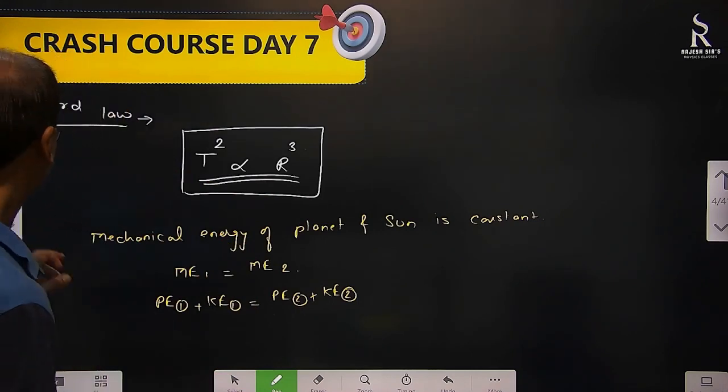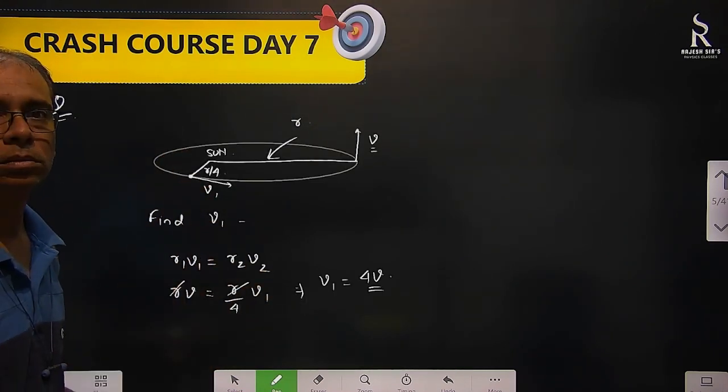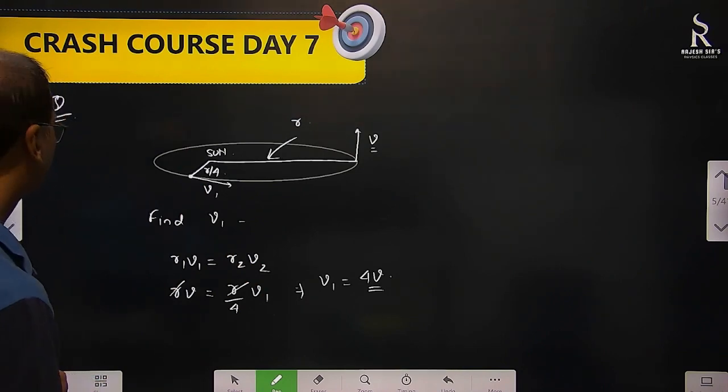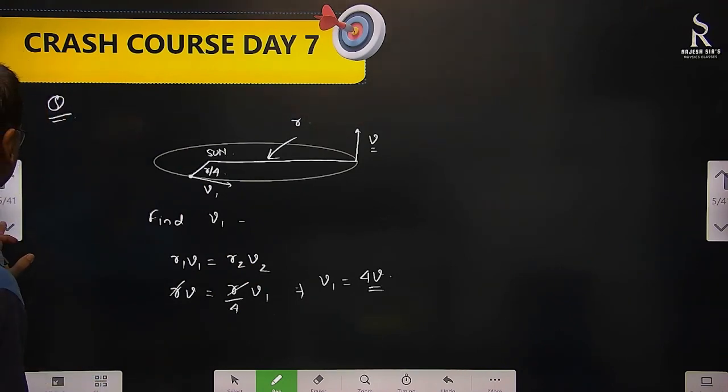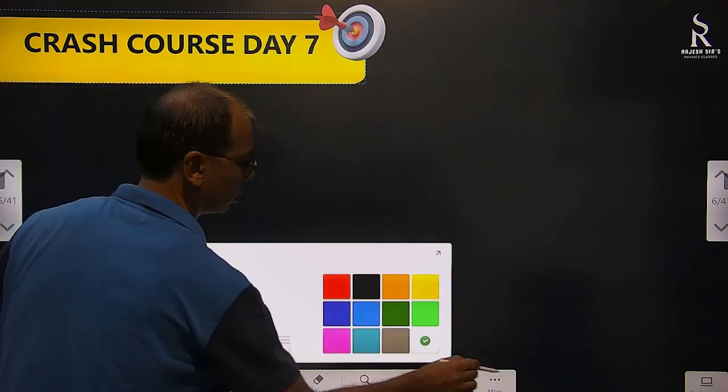Okay. Alright. So see now, this question we have solved. Correct? No problem in that. Then what are the other questions? Other questions can be: